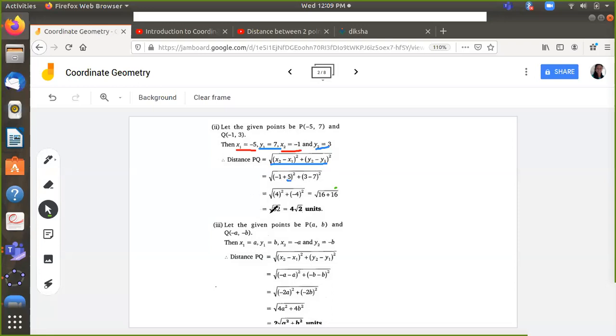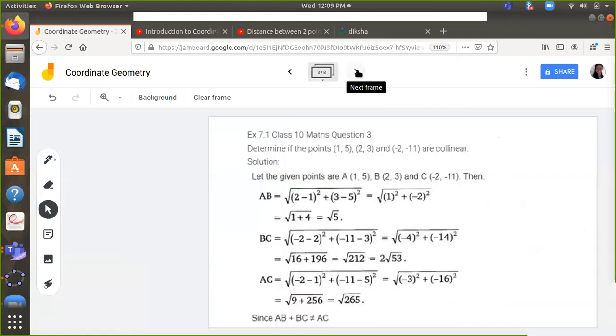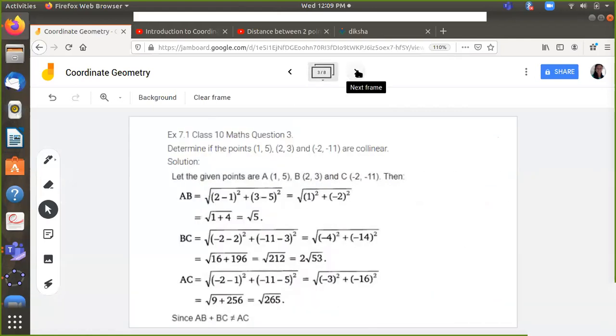32 can be factorized as what? 16 into 2. 16, the square root is 4 and the 2 remains inside the square root symbol. Is that clear? So it is just a mere substitution in the formula. So the more of it you can see it while you look at the video. So we will move back to the next slide, where I have taken question number 3 of your exercise. I have skipped a problem. That means you should be able to complete it.